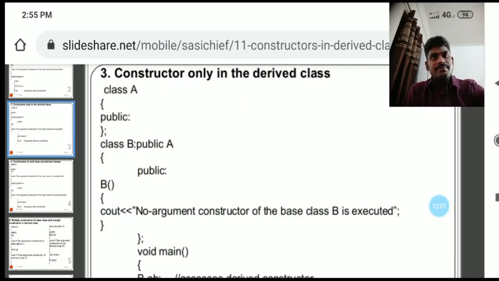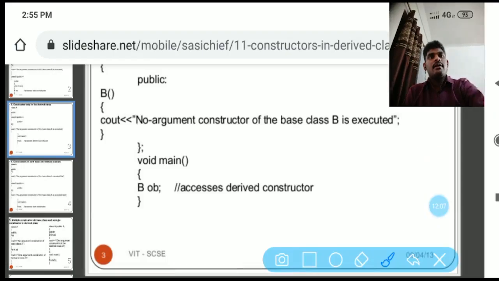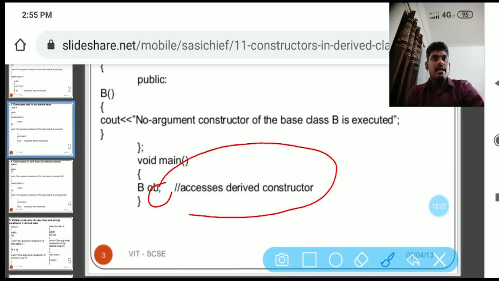Here B is the derived class and OB is an object, and creating the object accesses the derived constructor. In the previous slide we saw a constructor declared only in the base class, and now one declared only in the derived class.